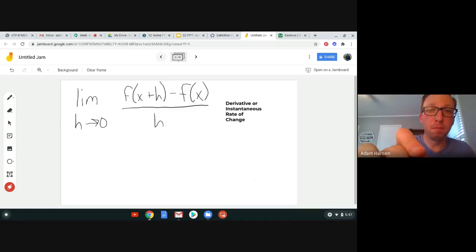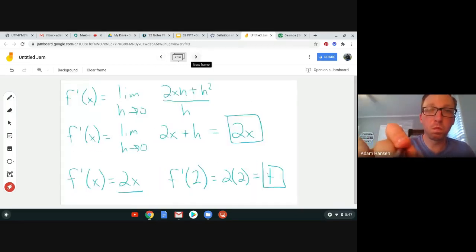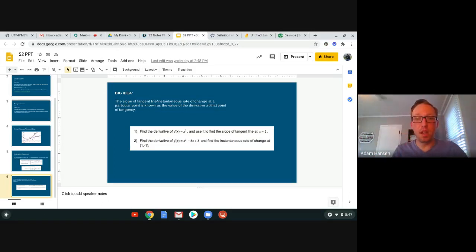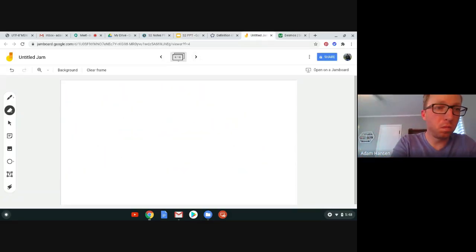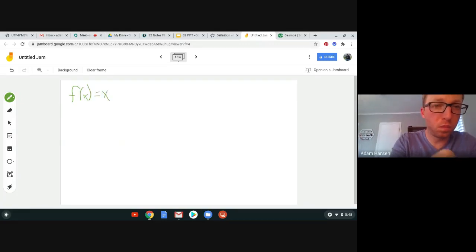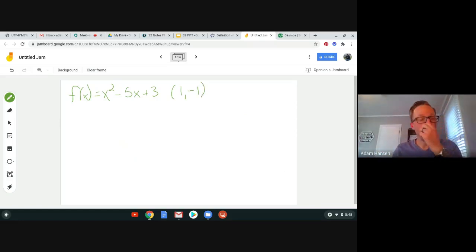We can do the same thing for our next example. X squared minus 5x plus 3. I'll find the slope of the graph at the coordinate 1, negative 1. So how do I find the slope of the graph? I need to use the derivative, which we know to be the limit